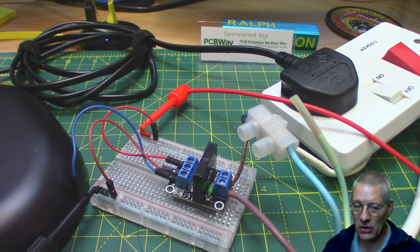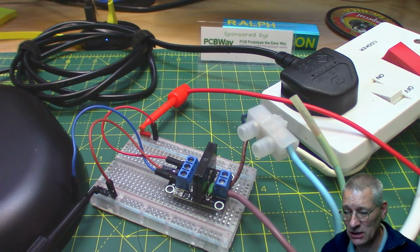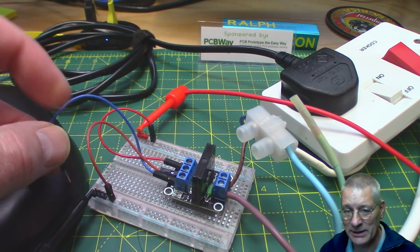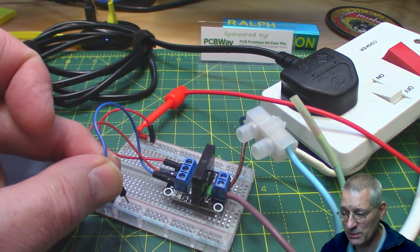Now, this is a solid state relay, and generally they switch AC voltages only. Yes, apparently there are some that can switch DC, but I've not got one, and I can't find one anyway, and I suspect they're probably specialised. Let's just see how this works first. Let's get it working, and then I can disconnect it and feel happy that I'm not going to kill myself. So by bringing this input low, that's the way this particular module works,